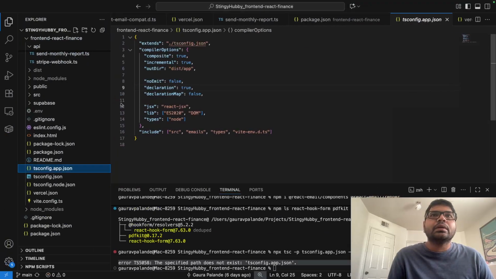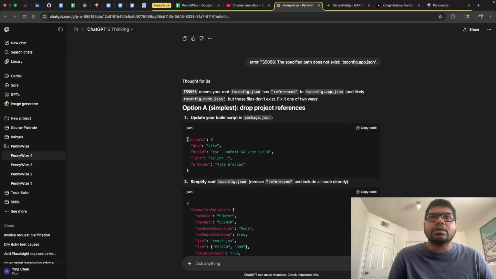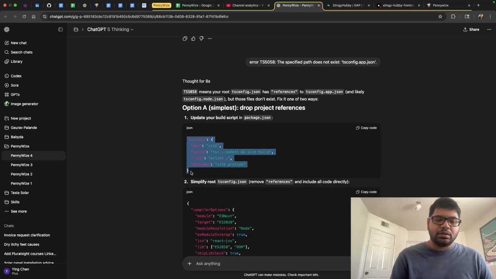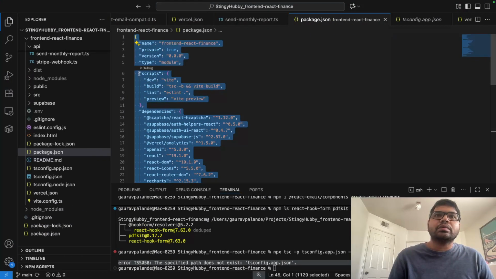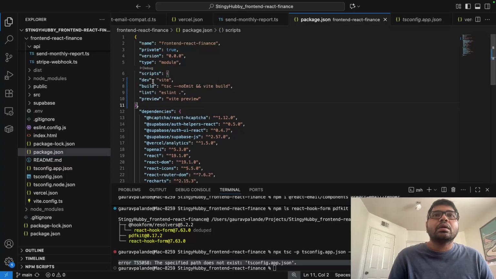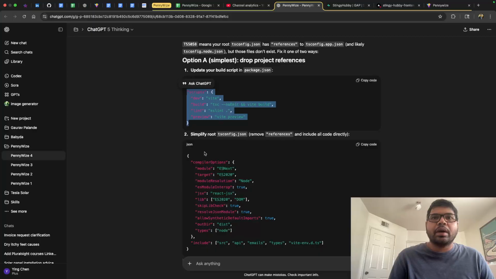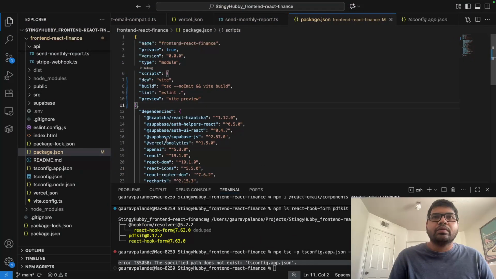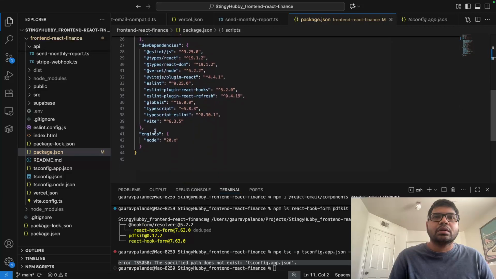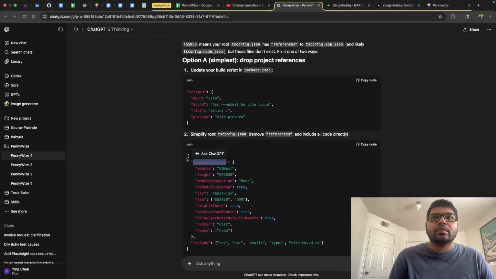So let's go to package.json, and in the scripts section, this is the scripts section: dev, vite build, tsc no emit. And then it says in the compiler options, so we have to look at compiler options. Do we see compiler options? No. We have simplify root